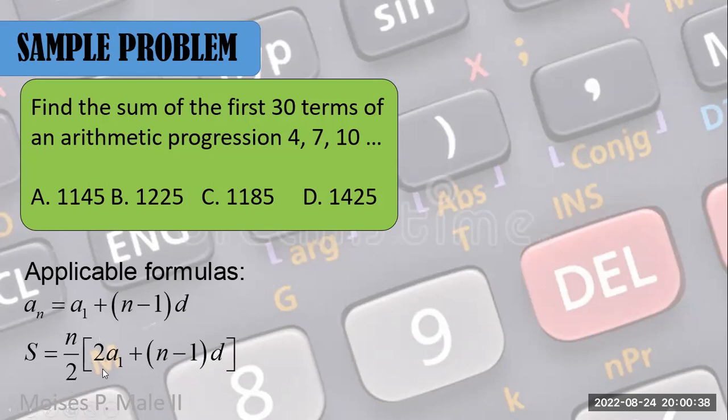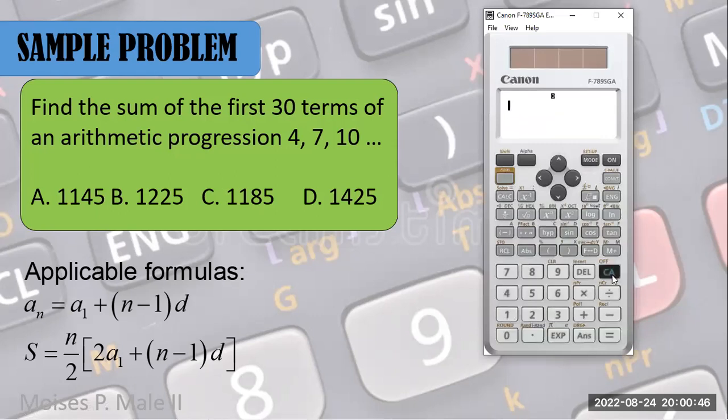N over 2 times 2 A1 plus N minus 1 times D. So, if you actually use the formula, N is 30. 30 over 2 times 2 times the first term na 4, plus 30 minus 1 times the common difference na 3,